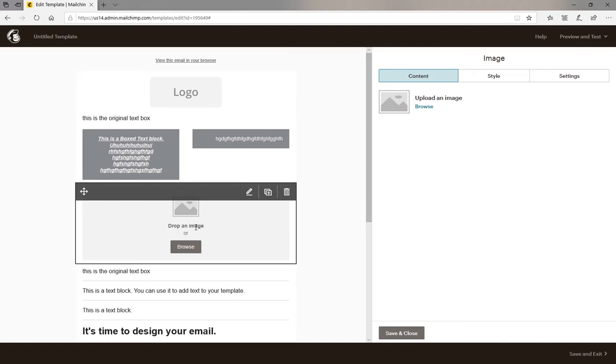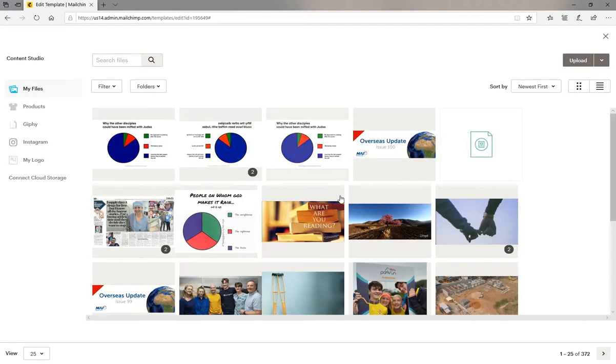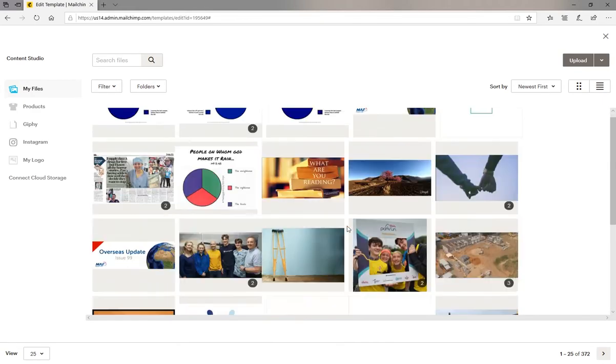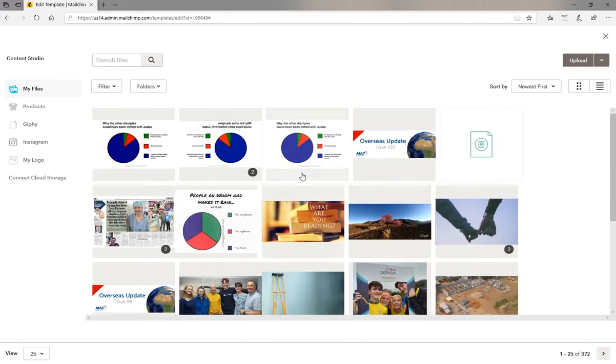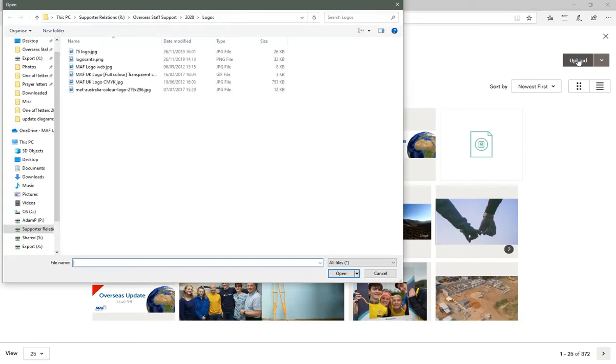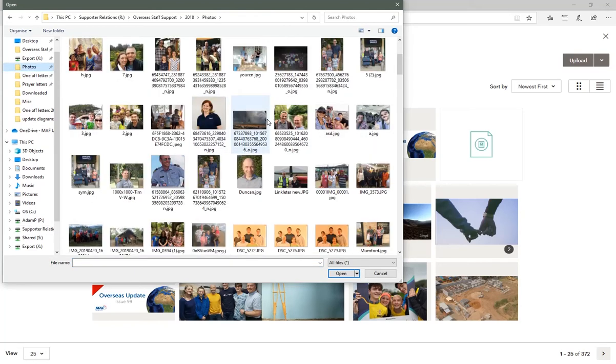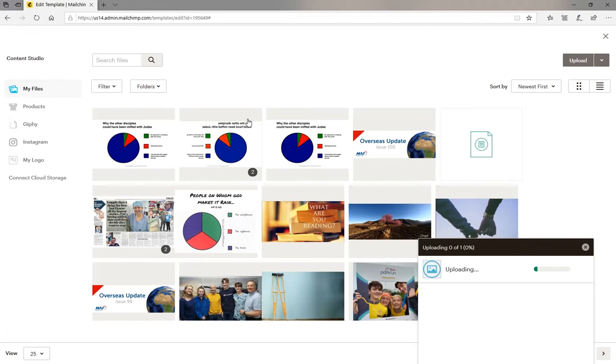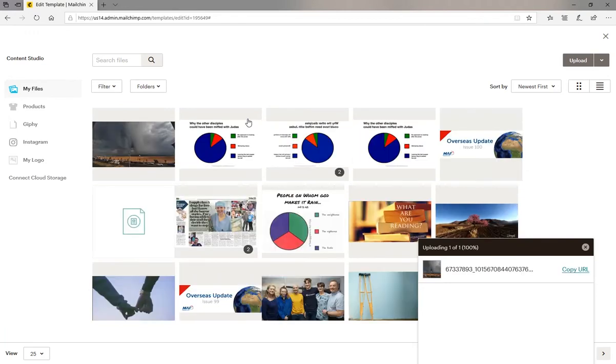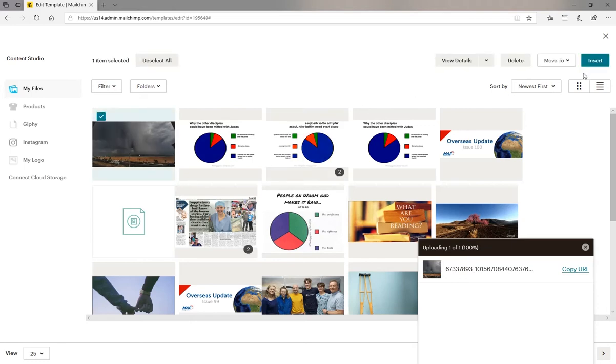To choose a photo, click on Browse, and that will show you your library of photos. And as you can see, these are all ones I've uploaded in the past. That'll be empty for yours, so you'll need to select some photos from your computer. So if you click on Upload here at the top right, and then select your photo file, wherever that may be. Double click on it and that will upload. Then select the one you want by left clicking on it and then insert,